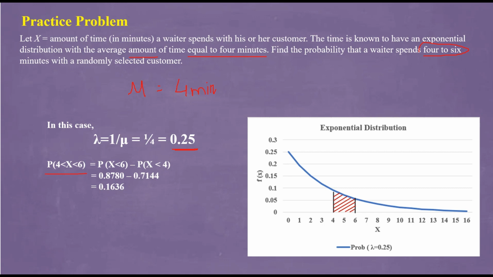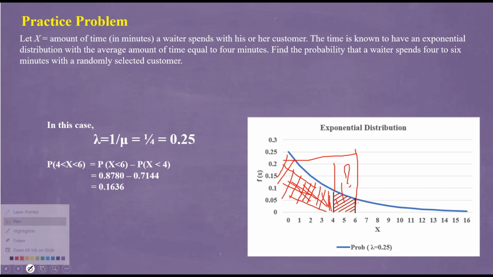Now the probability of x to be between 4 to 6. First of all, your objective is to calculate this red colored shaded region. For that, you will be calculating the area under the curve to the left, then you will be subtracting this area from it so that ultimately you will get the area which you want.